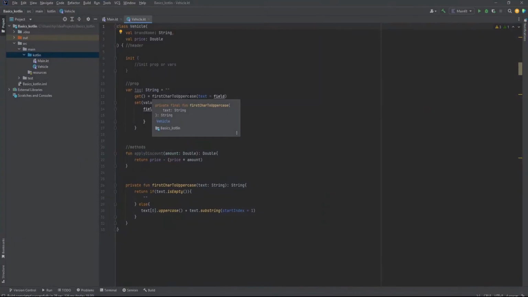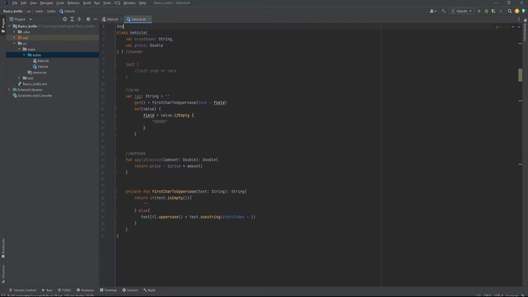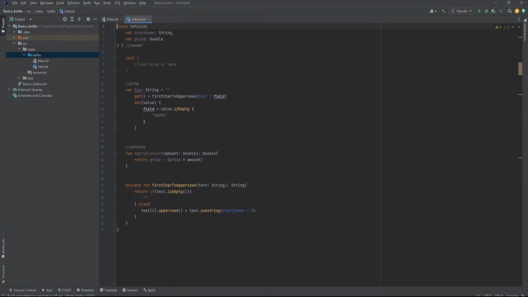So what does inheritance mean? Inheritance is the ability to acquire the members, aka methods and properties, of another class. So without copy pasting all the properties and the methods to another class, we can use this technique of inheritance. So in Kotlin, by default, a class, for example this class vehicle, can inherit from the Any class. The Any class is a generic class. It's the super class. And in order to make our class inheritable, we need to use the keyword open,